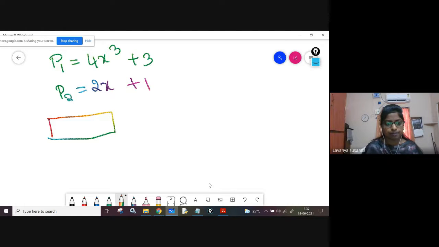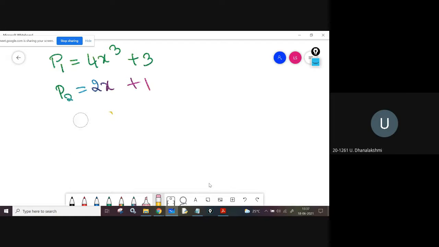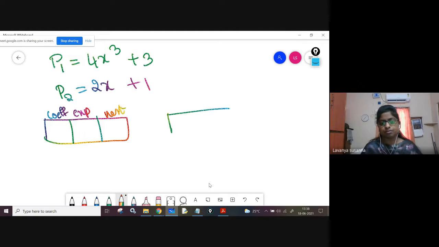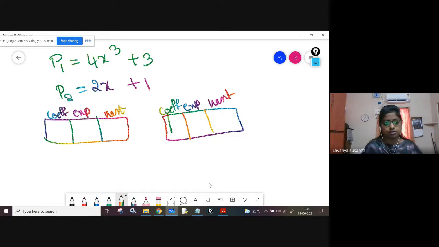How many fields will there be for a polynomial expression? Three: coefficient, exponent, next. So 4, 3, next; then 3, 0, null. The last node contains null.